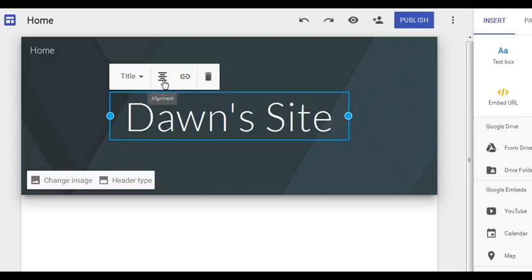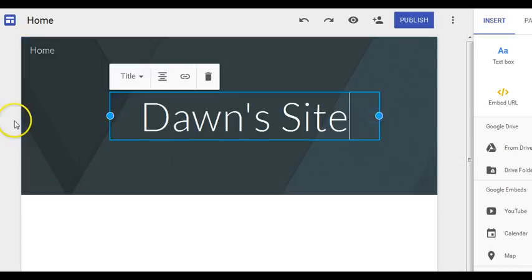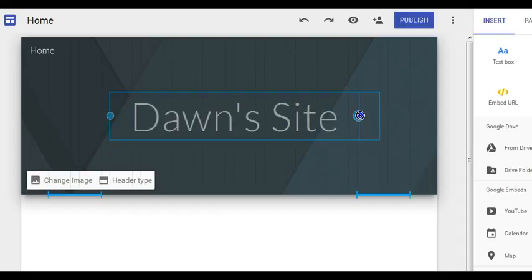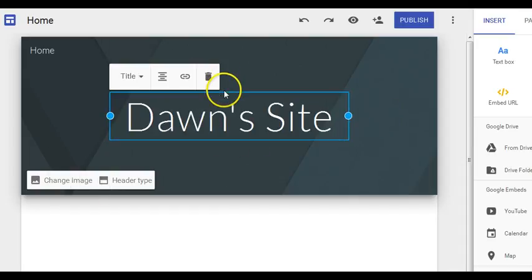You can change the alignment, you can add a hyperlink to it, you can trash it, you can make the text box wider or narrower as you wish. You can do a few modifications to it, but not as much as you might be able to do in other applications. The background that appears here is standard, so if you want to change to something else, you can